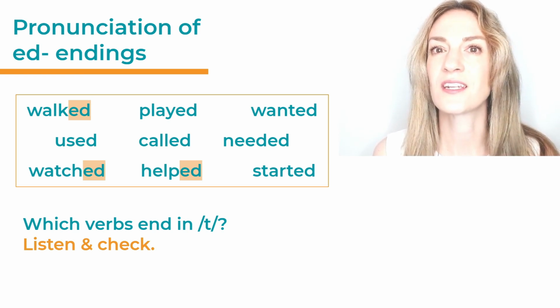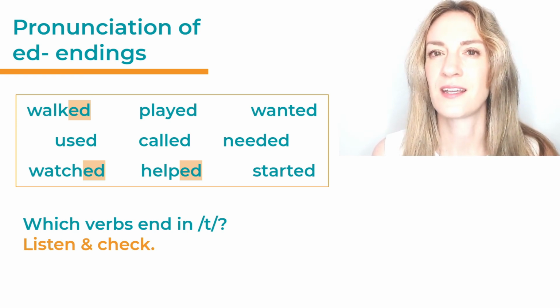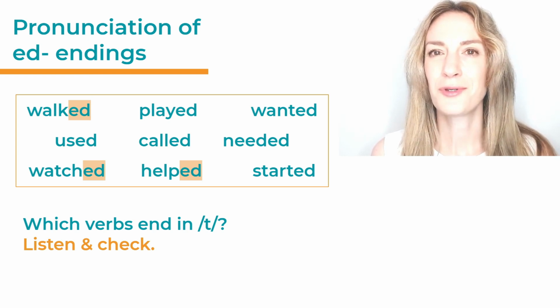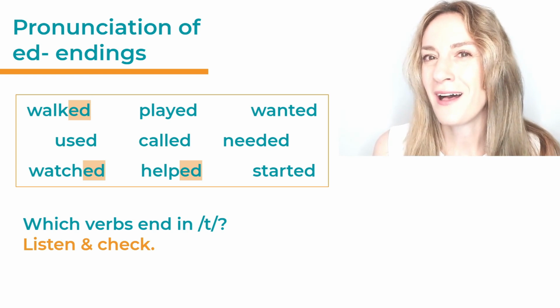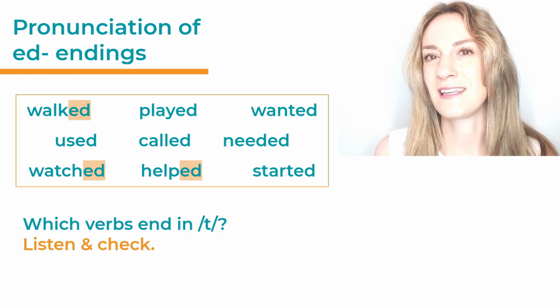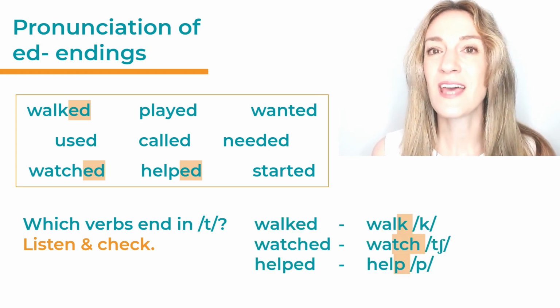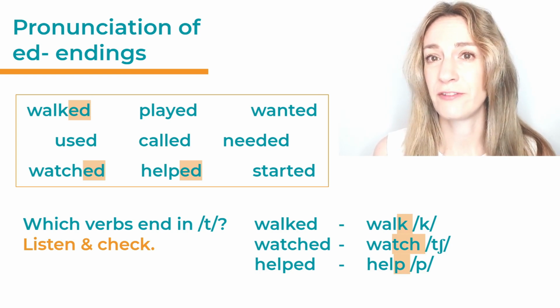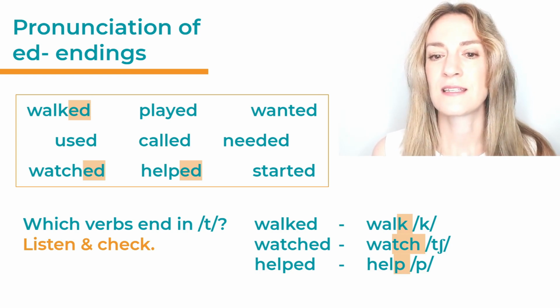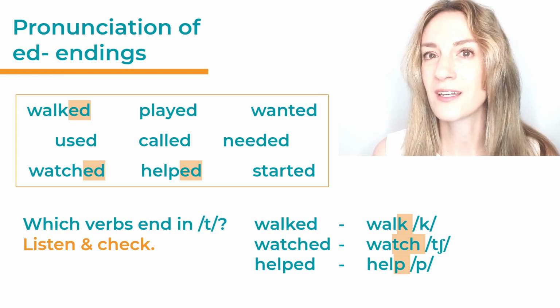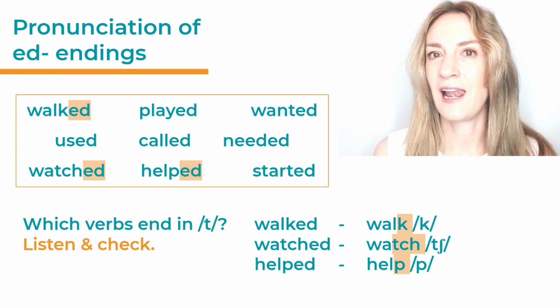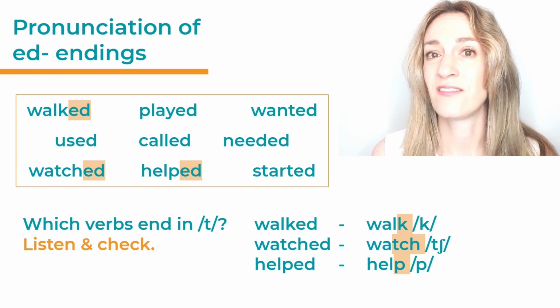So I repeat again. Walked, kt, watched, cht, and helped, pt. And I focused on the last two sounds for a reason, because we want to find out, well, why is ed pronounced as t here? Now for that we need to have a look at the infinitive forms of these verbs. So we have walked, the infinitive form is walk, and k is the last sound in this verb in infinitive form,